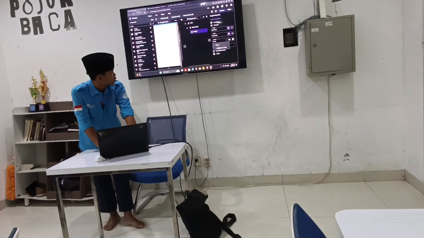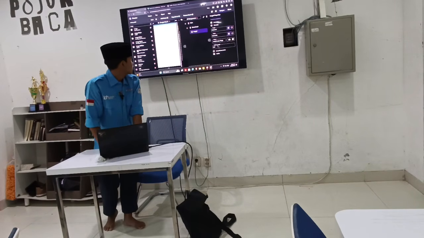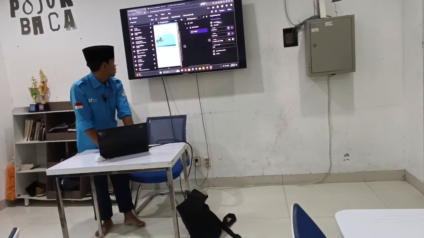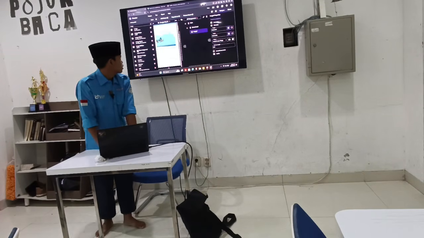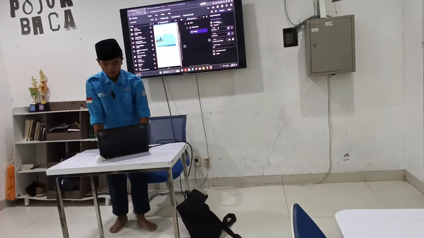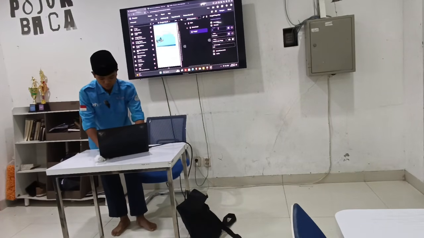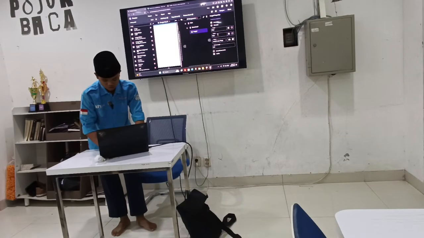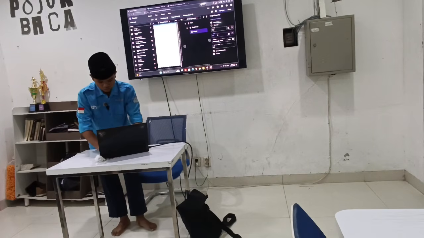Here you can see Windows XP 11. Wait, and it will appear. But you need to set the height and width again. For example, I'm just going to set it to 100 pixel, 100.